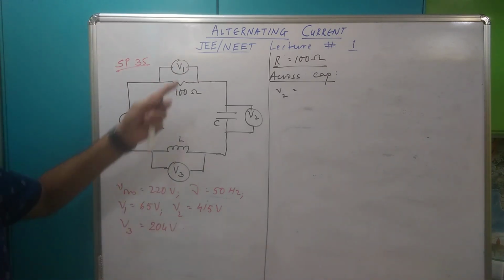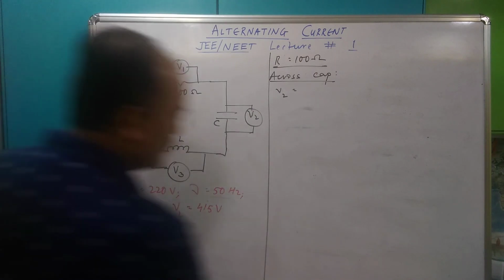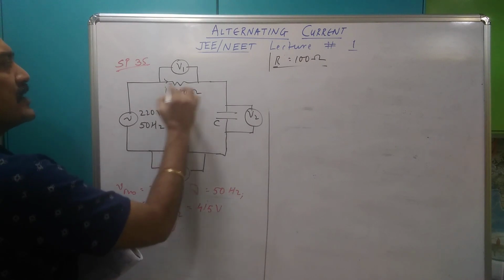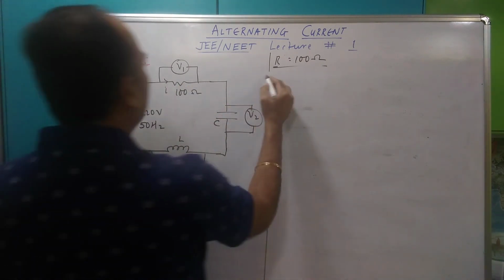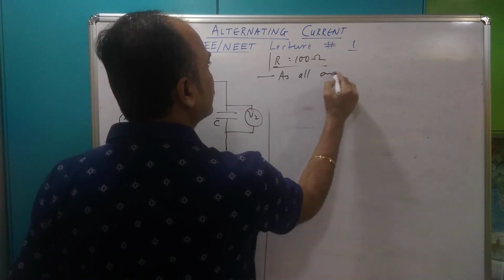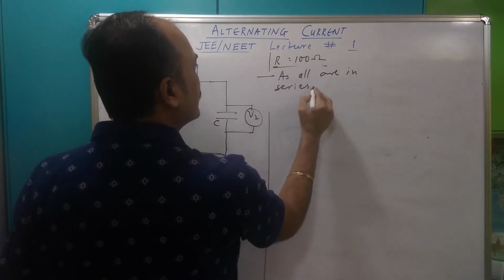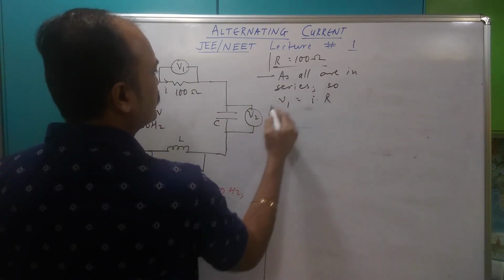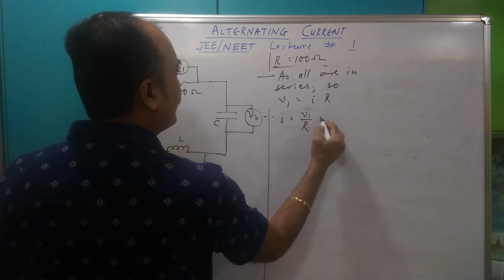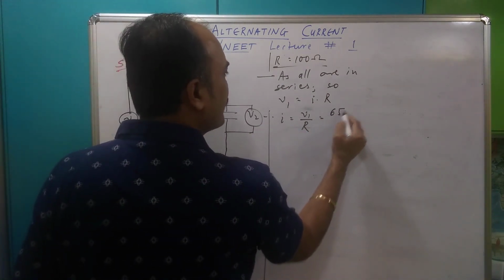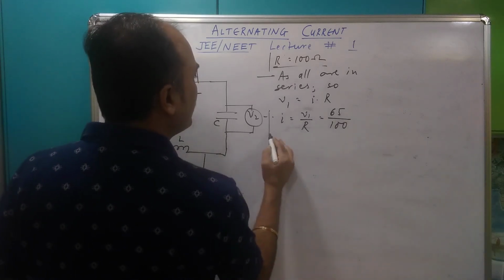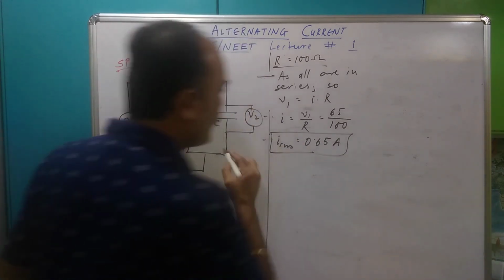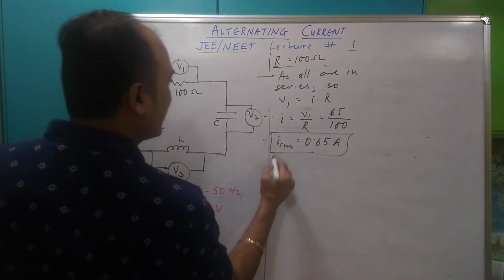भाई, सबसे पहले तो तुमको करंट चाहिए, सब सीरीज में है, भूल क्यों जाते हो, सारा सीरीज में है. And सीरीज में मतलब इसके अक्रॉस जो करंट पास हो रहा होगा वही इसके अक्रॉस हो रहा होगा, as all are in series. So जो पोटेंशियल डिफरेंस इसके अक्रॉस है is I into R, so I is V1 by R. V1 कितना है 65, ये सब RMS वैल्यूज ही हैं, and R कितना है 100, so मिल गया IRMS 0.65 एम्पियर. क्या सही जवाब है, बरोबर है. सेकंड, ये फर्स्ट वाला आ गया सर.